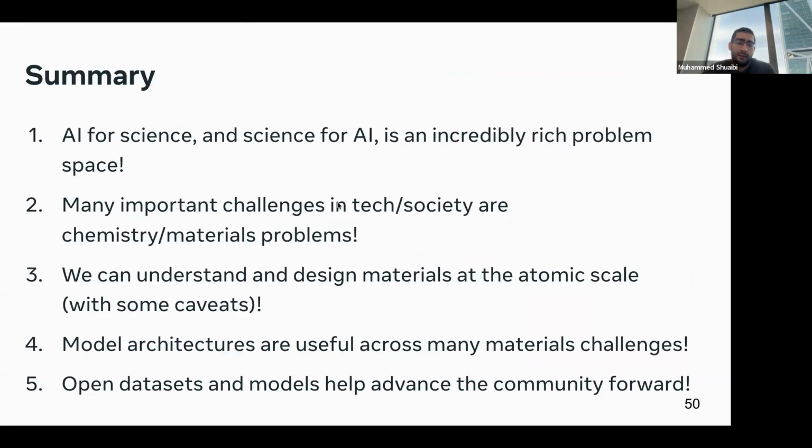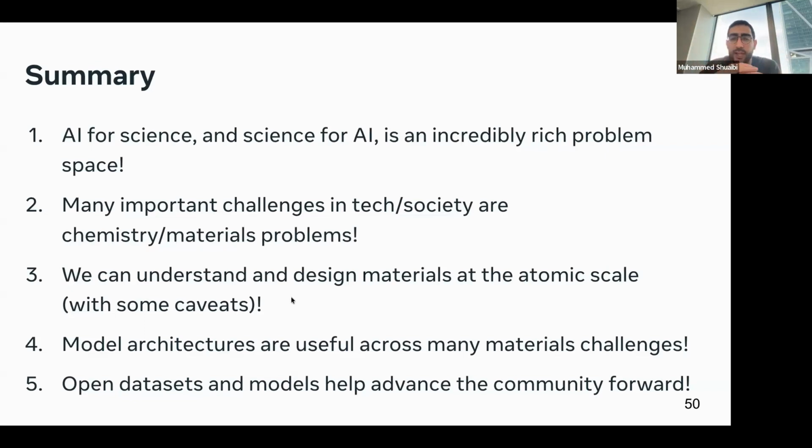So in summary, several points. One is AI for science isn't new. Science for AI isn't new. It is an incredibly rich problem space that has various applications. One thing you probably often hear in the news these days is anything related to ChatGPT and the generative models. When we think of AI, that's probably the first thing you think about, and less so the cooler applications to science and engineering. And it is incredibly rich. There's a variety of applications, anything you can think of, or honestly some of the work going on your end, can be relevant, and someone's probably exploring something in that space.